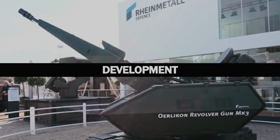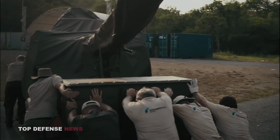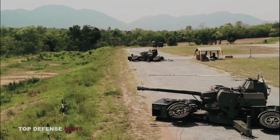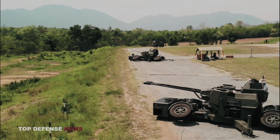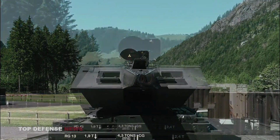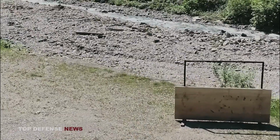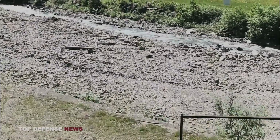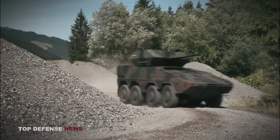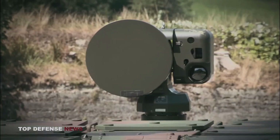Development. The Bundeswehr did not have weapon systems to tackle intercepting small incoming projectiles. The army bases in Mazar-i-Sharif and Kunduz were under several attacks by insurgents. The German Bundeswehr placed a €48 million contract with Rheinmetall Air Defense. The NBS MANTIS system is based on the Skyshield air defense gun system of Rheinmetall. The Skyshield is a modular ground-based short-range air defense system, SHORAD, designed with automated and flexible features, and is easily